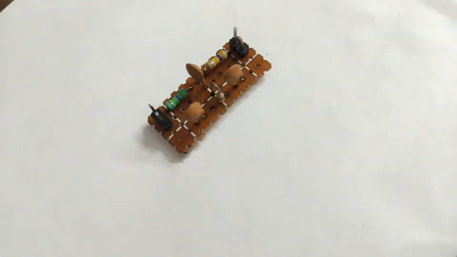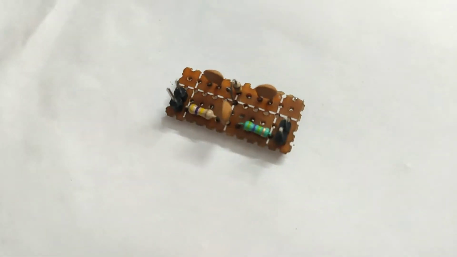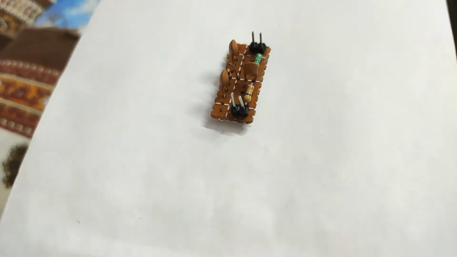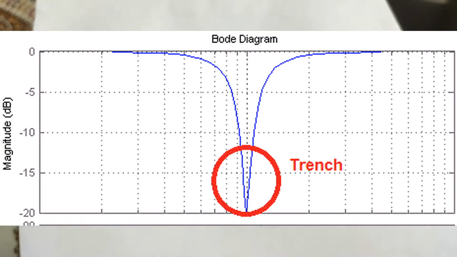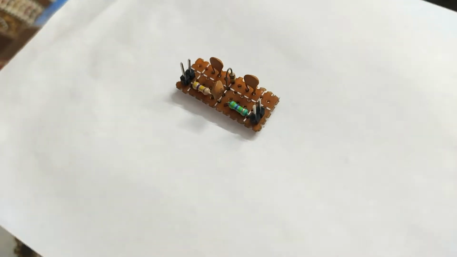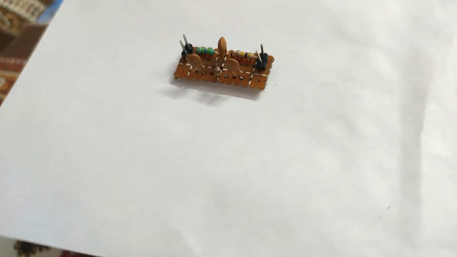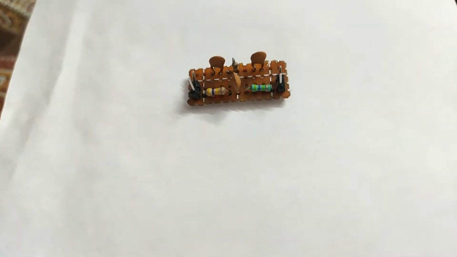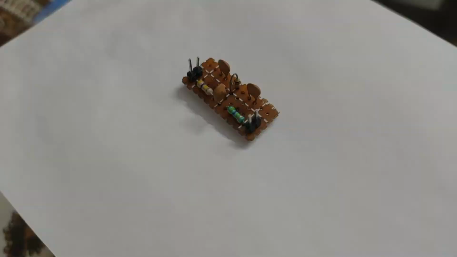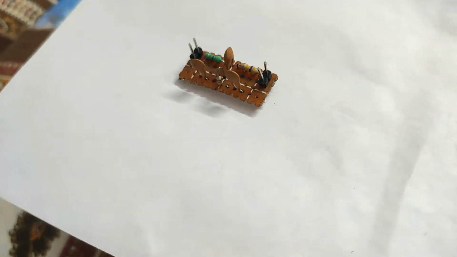The twin T signifies the two RC T circuits which act as filters to reject a certain narrow band of frequencies, and the notch signifies the deep dip which we see in the Bode plot for a band stop filter, hence its name. So here we will use this band reject filter to reject the narrow band of frequencies ranging from 50 to 60 Hz, which we typically see in the power supply hum.